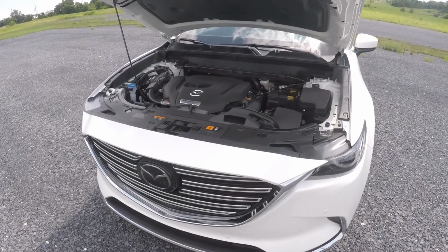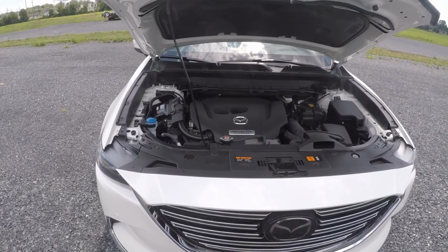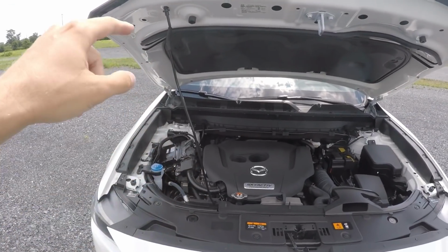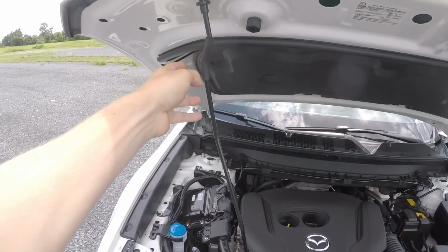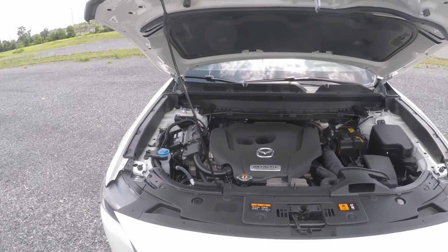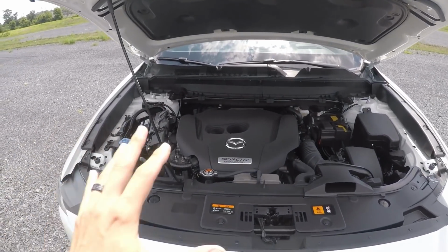Now to start off this review, this car is powered by the same engine as my car. It's a 2.5 liter 4-cylinder, but it's got a turbo. And once again, Mazda puts this flimsy little manual latch here to open the hood. I just wish, this car is almost $50,000. You'd think you'd put in some hydraulic lifts like that, but look at how much engine there is